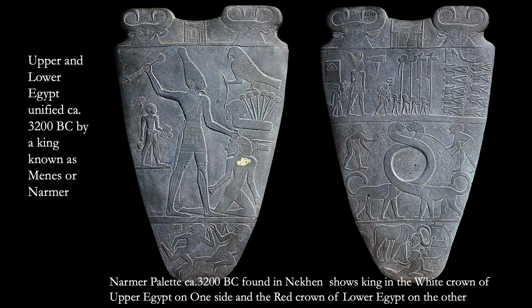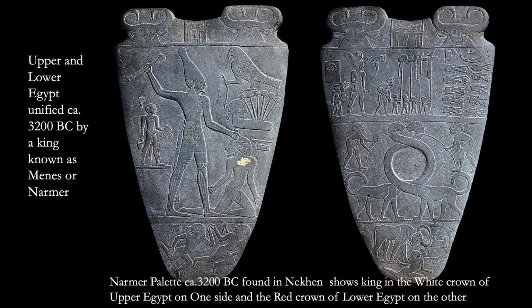We see some of the first evidence of the unification of Upper and Lower Egypt from about 3200 BC. So a big regional empire is formed here by this guy. His name that we've uncovered is sometimes rendered as Menes, M-E-N-E-S, sometimes as Narmer. This particular artifact is known as the Narmer Palette, and it gives a pictorial representation of this unification that I was just talking about. You see on one side, the part on the left there, you have the king, who